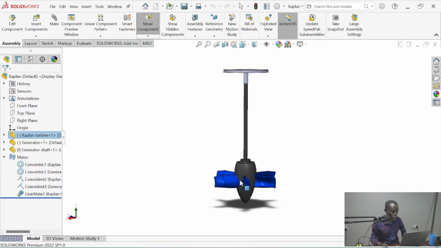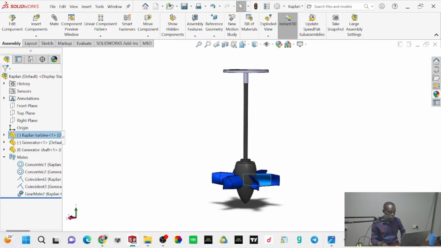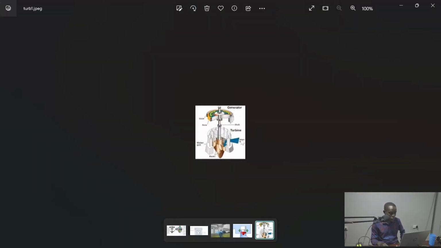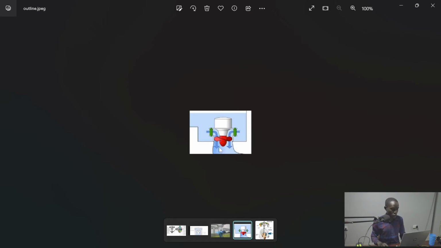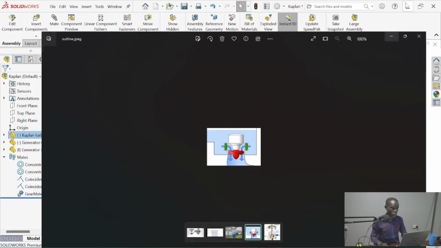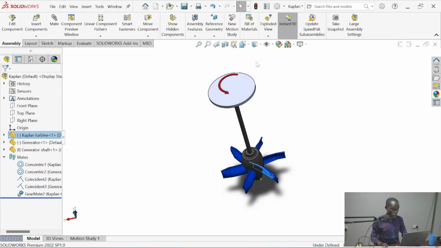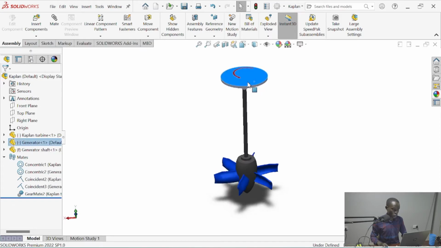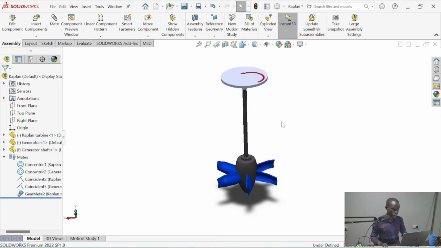You can see the turbine is rotating the generator based on the input of water, and from this you can see water inflow, the adjustable gates, and then the blades. Even this shows up there, the shaft of the generator. Okay. Yeah, so that's it.